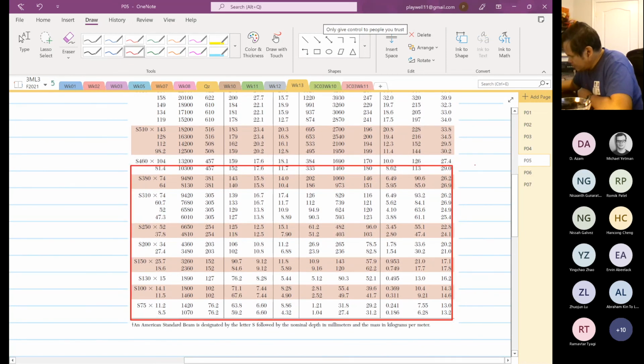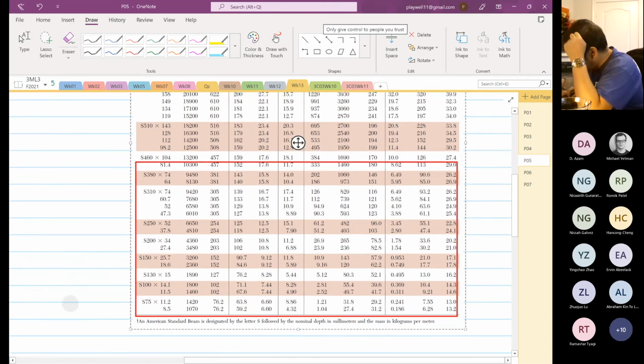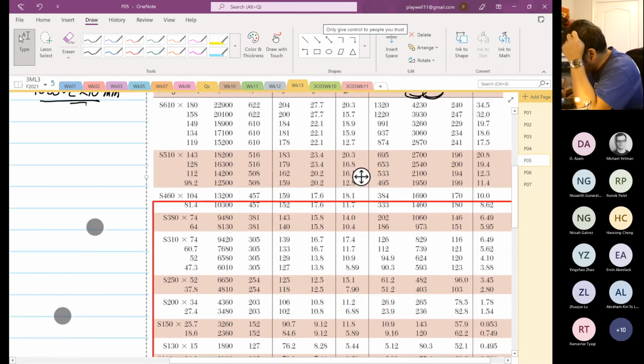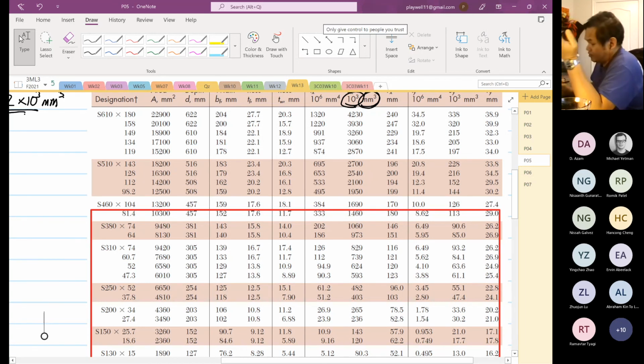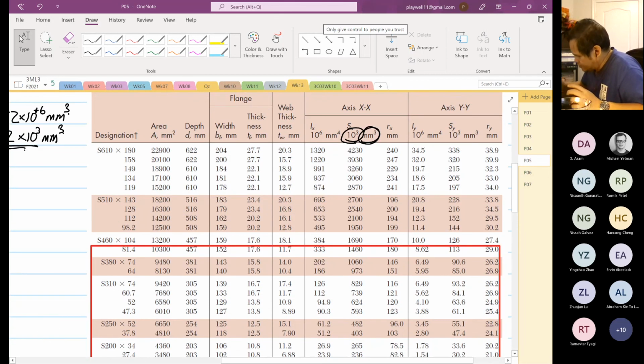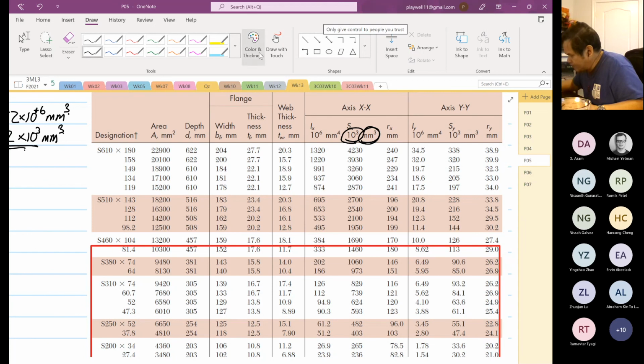Okay? So what are the possibilities? So you cannot just pick as high a value as you can. I know you can pick the highest value, but what is controlling is the cross-sectional area. So you have to focus on both the cross-sectional area and the S value. Now is where we do